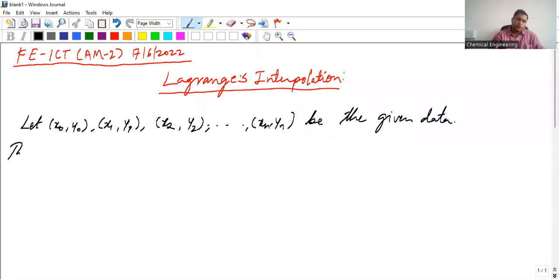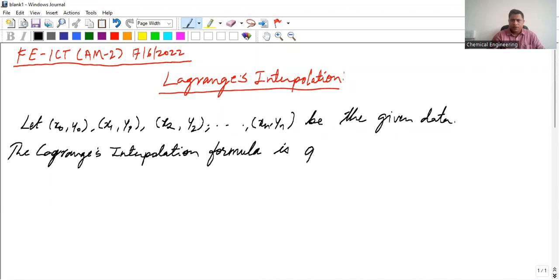Then the Lagrangian polynomial, or Lagrange's interpolation formula, is given as follows. The interpolating polynomial p of x equals